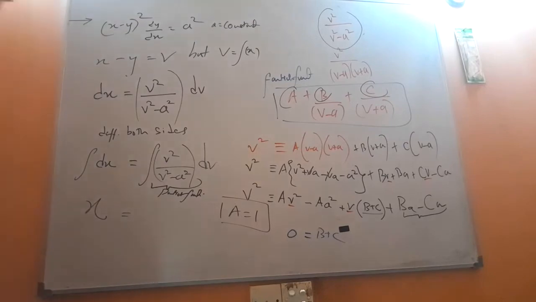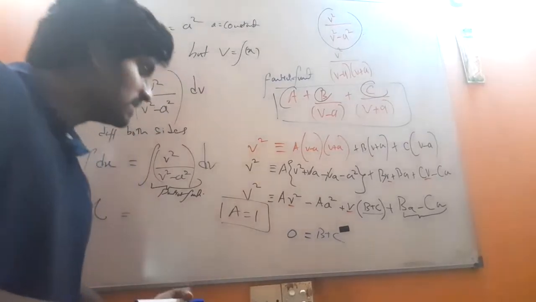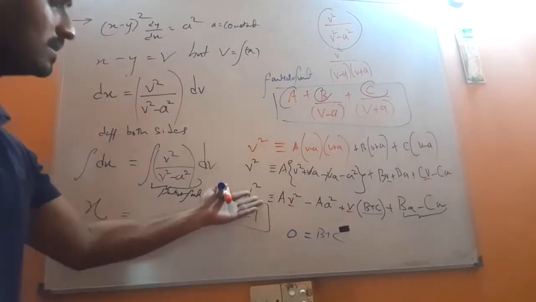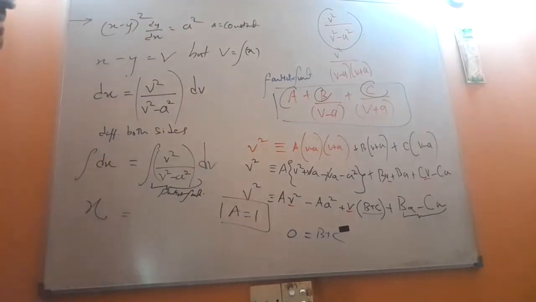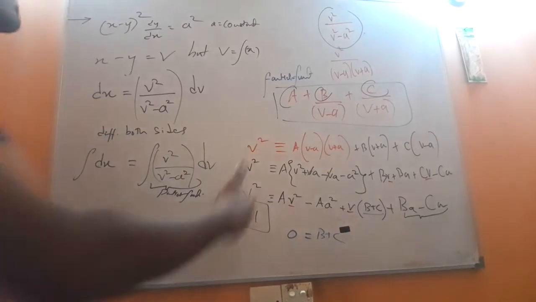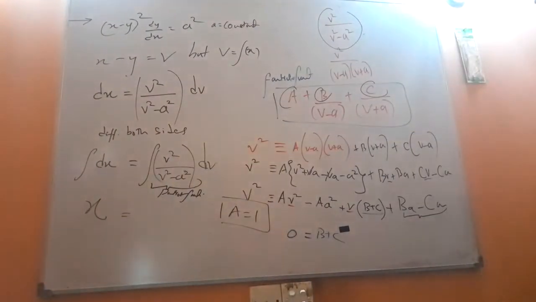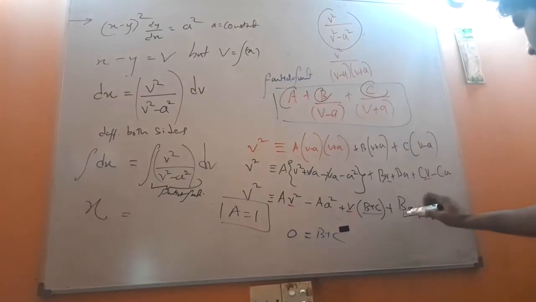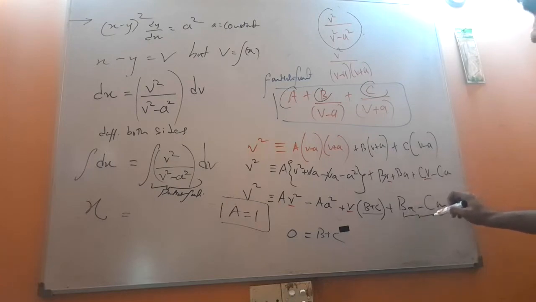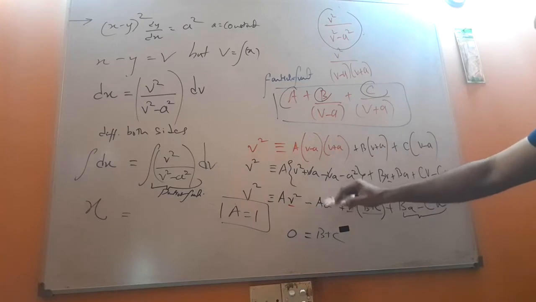Then what are the next coefficients that we can match? Also we can match the constant term. Here you can see there is no constant. This side there are no constant terms, but in this side we have a constant term, right? Now what is the constant term that you have from here? We have ba minus ca and minus capital A times small a squared. Got it?